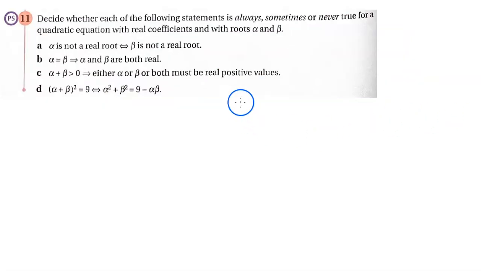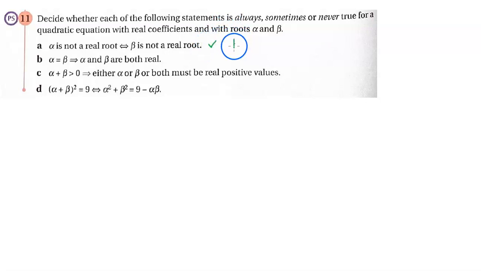And while we're at it, we may as well check out question 11 real quick. Decide whether each of the following statements is always, sometimes, or never true for a quadratic equation with real coefficients and with roots alpha and beta. Part A. Alpha is not a real root if and only if beta is not a real root. Well, this is correct,